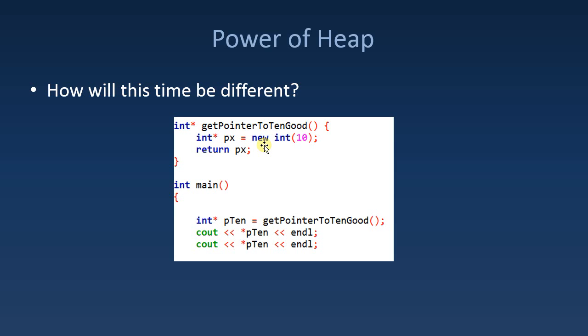The code here says to go out and make an int on the heap, so new int, put 10 there, store the address that we get for that new integer as px, and then return that address. We get that address back from the function, we store that as p10, and we print it twice. And this code will work exactly correctly. We'll print 10 twice. We can keep printing as many times as we want. And the reason,